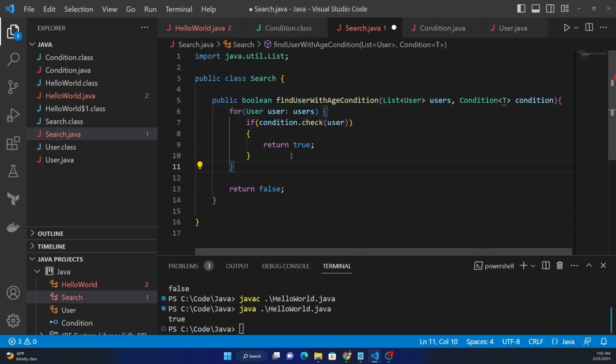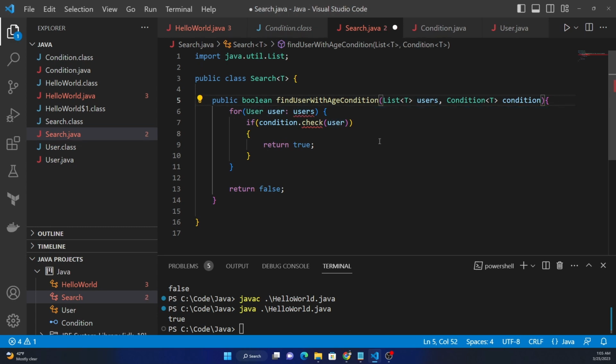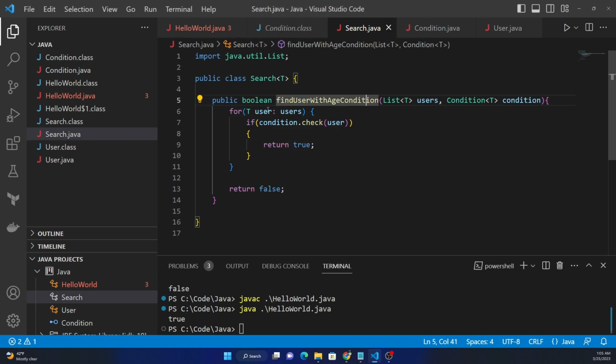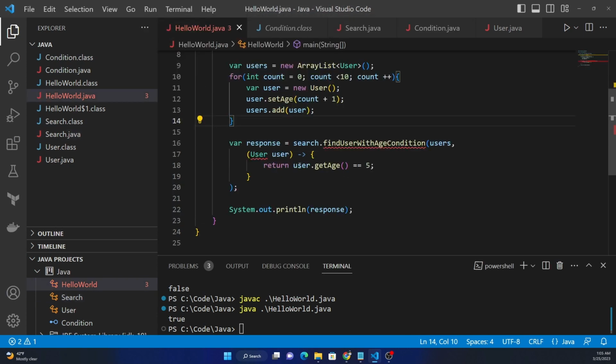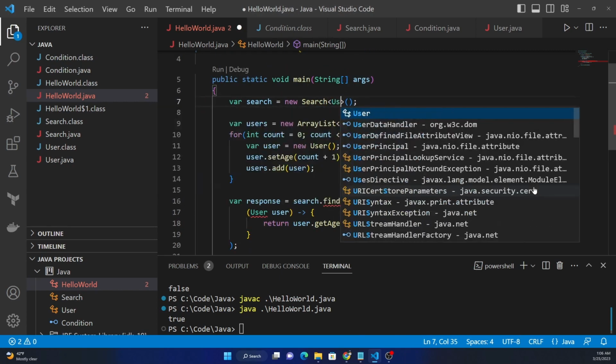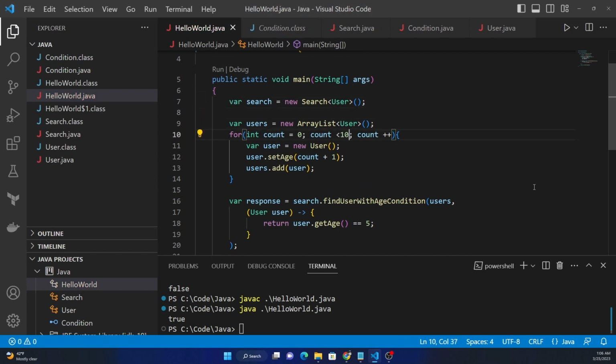We can use T here, and here we can make this class also generic. And of course here it has to be a list of T, and this is going to be also T. So we'll run through T, and then here now for the search object, we can use it as User,